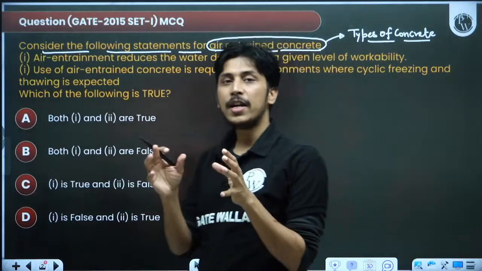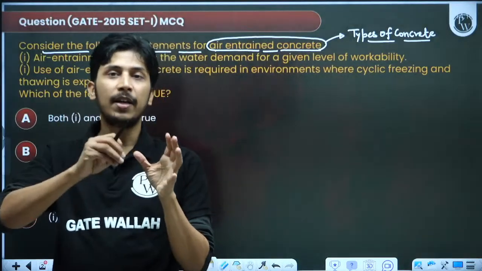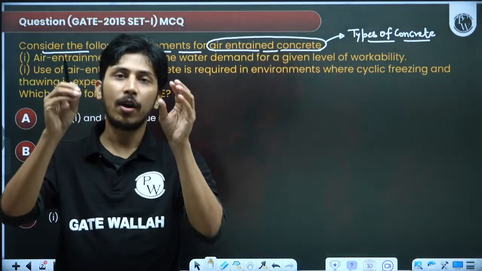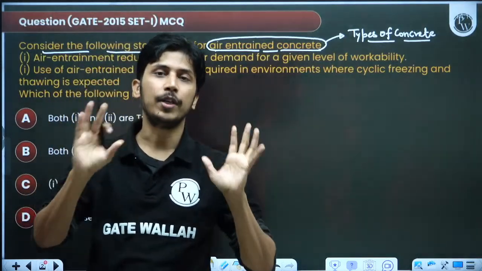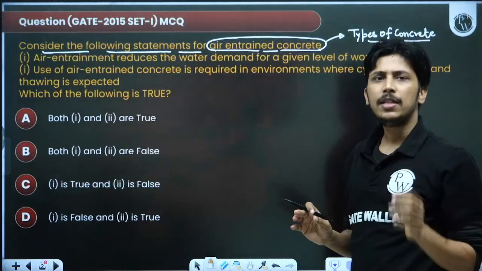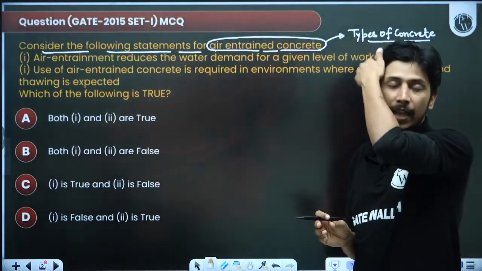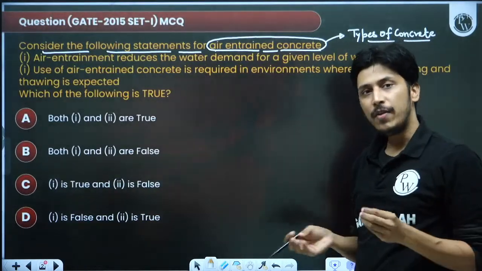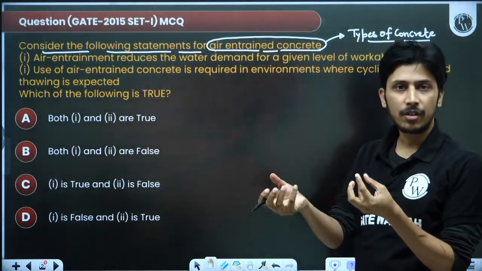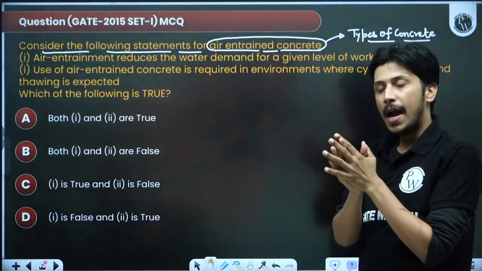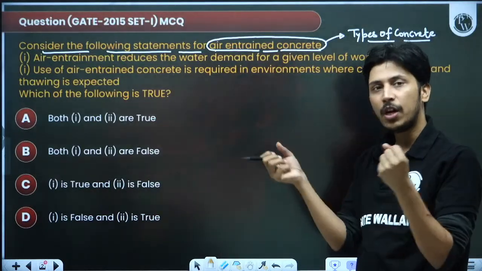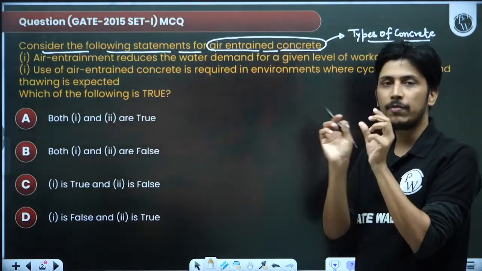Air entrained concrete has air entrained in it, but air bubbles will be formed only when you add water to it. There are some chemicals, like boric acid, that you add to the cement. Whenever you add water, the cement reacts with the water, which is called hydration, and there will be some heat of hydration. These chemicals also react with water and form bubbles. So when you are mixing the cement in the concrete, bubbles will be formed.